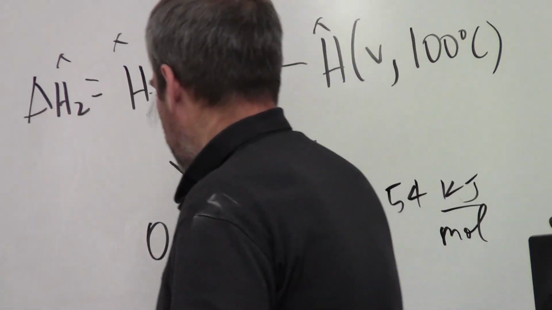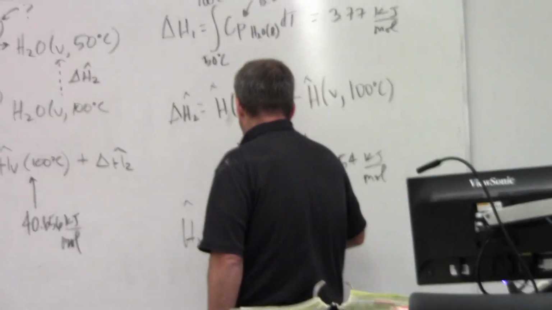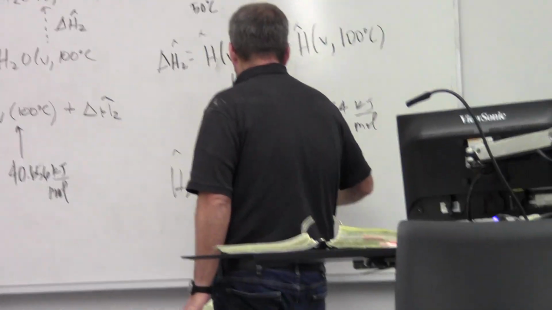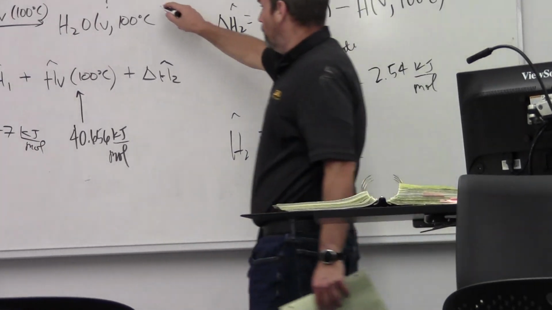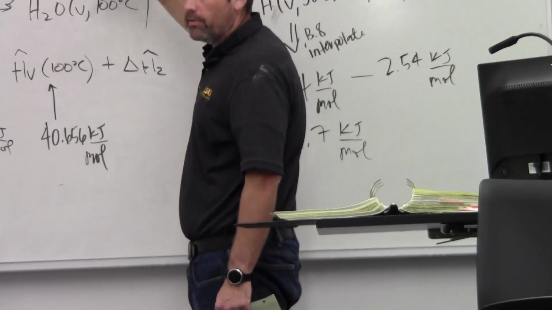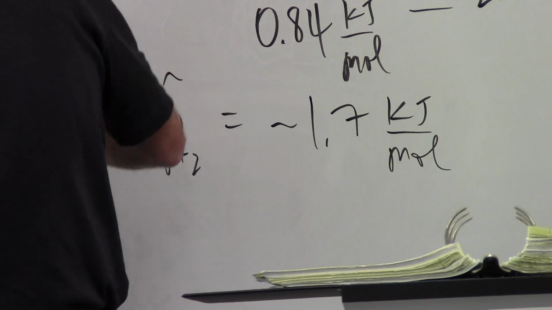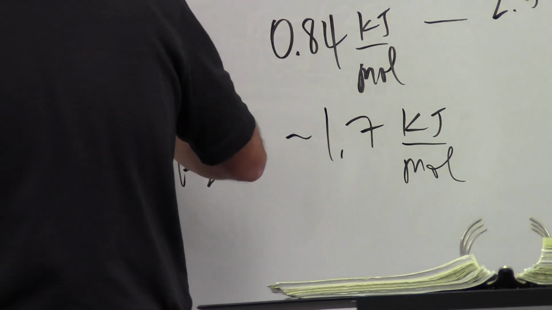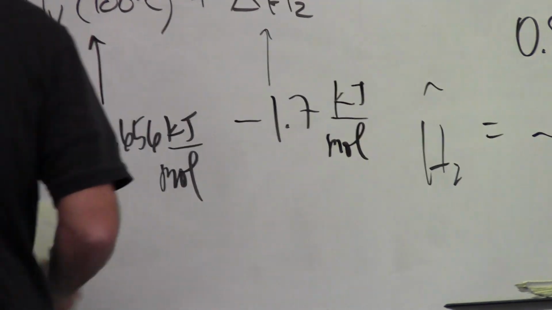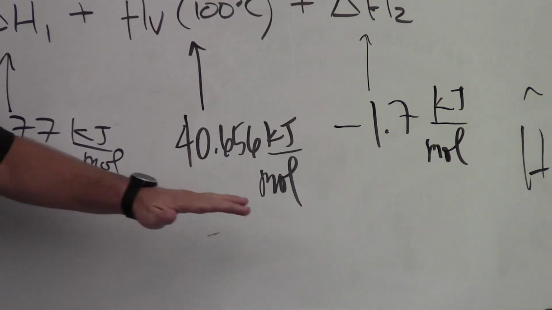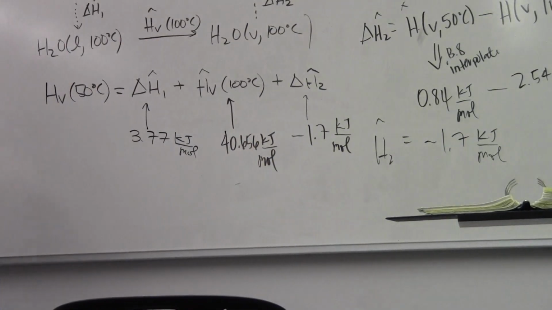So the difference between those two, ΔH2, is equal to negative 1.7 kilojoules per mole. Does it make sense that it's negative? You betcha, right? Because you're going from 100 degrees Celsius to 50 degrees Celsius, that enthalpy is going to go down. So here, that's negative 1.7 kilojoules per mole. Okay, so if I add 3.77 plus 40.656 minus 1.7 kilojoules per mole,